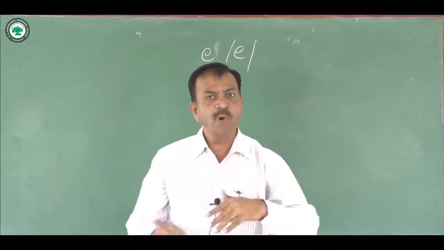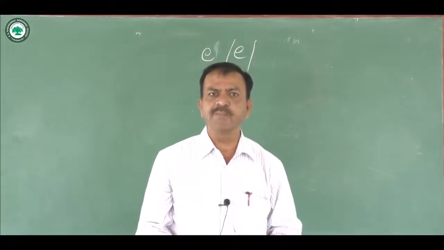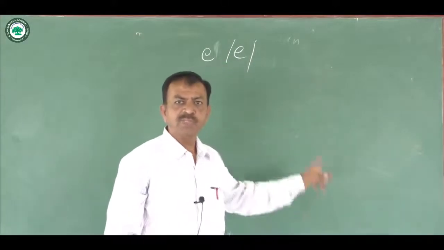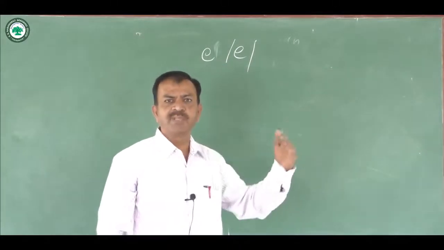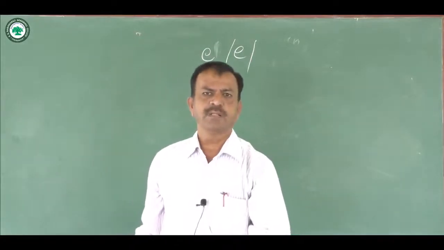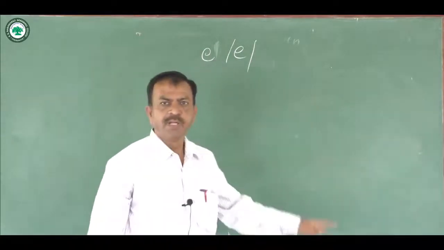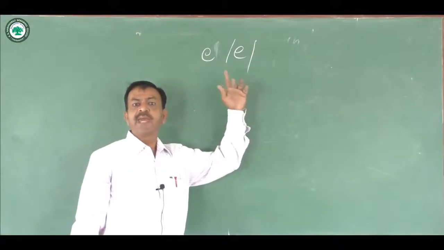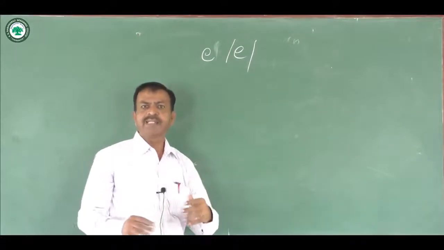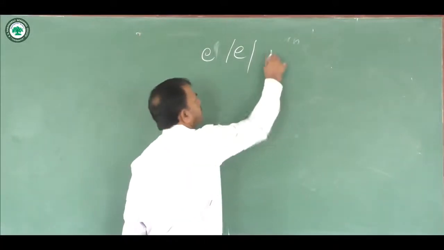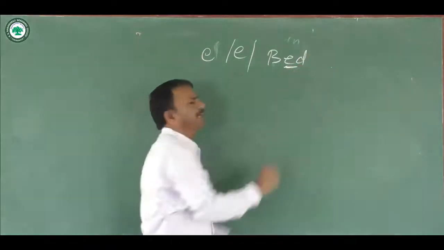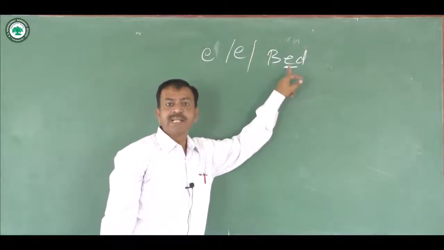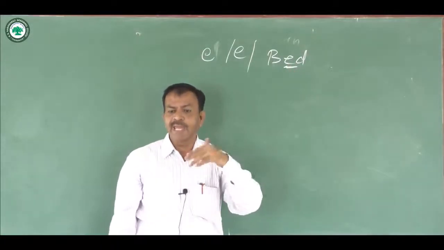Okay. So if you open the ALD dictionary, for example, or the Oxford Advanced Learner's Dictionary, you find the transcription is given there, and this transcription is based on the IPA symbols. So this is letter E, but it is pronounced differently. So take the example of bed. Here this is B, E and D. Means here letter E is pronounced as this symbol.